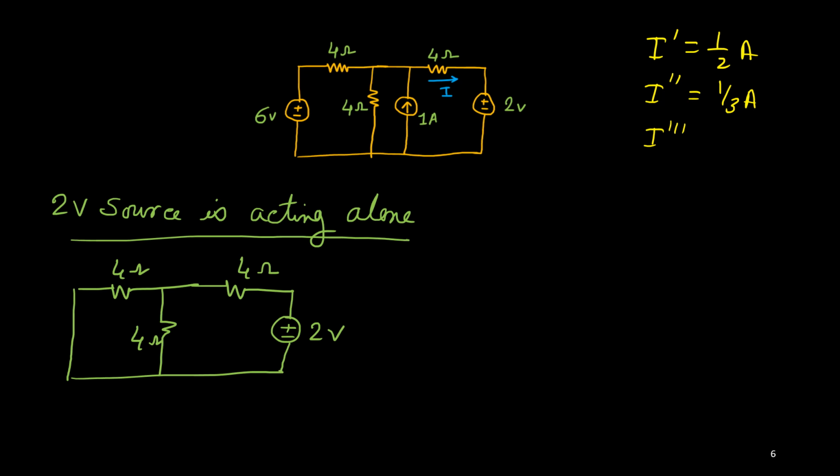Now I need to calculate this current, this direction current. I can calculate opposite direction current, but that time you have to be careful. You have to take algebraic sum. But if I already consider that same direction, then we will just add all the currents. So we'll consider in that way only. So I triple prime we need to calculate.